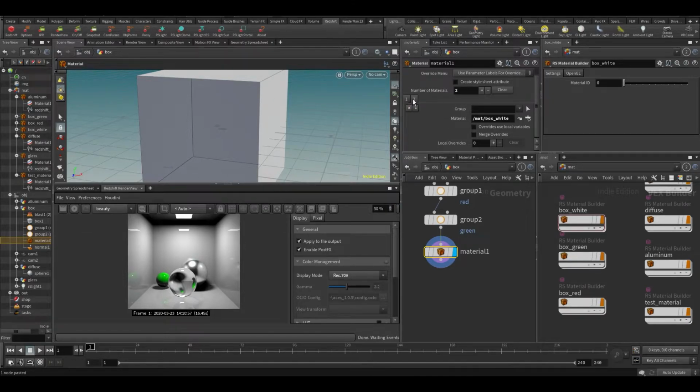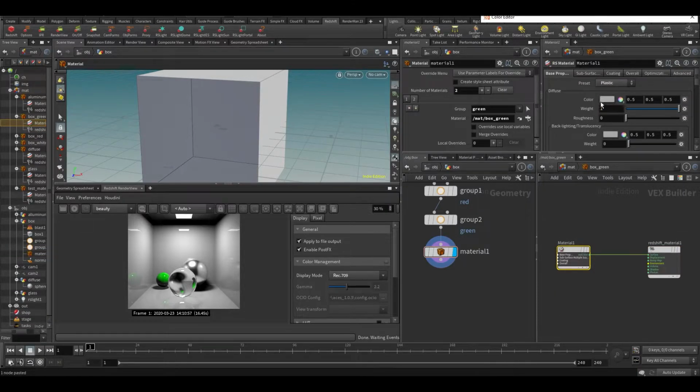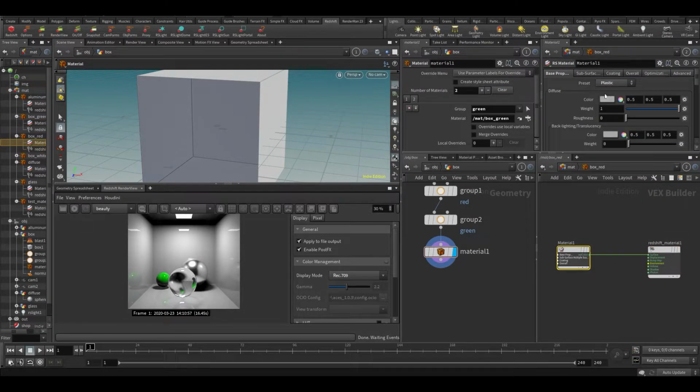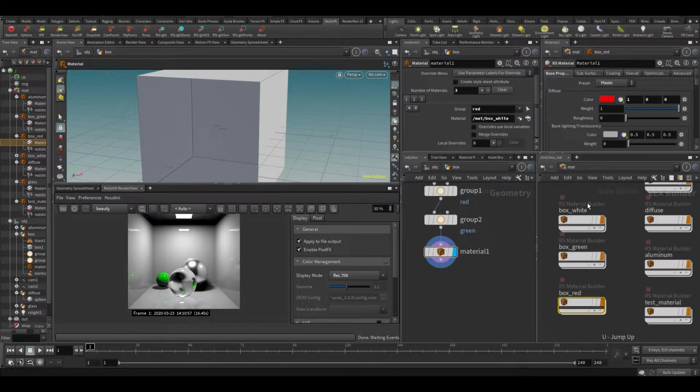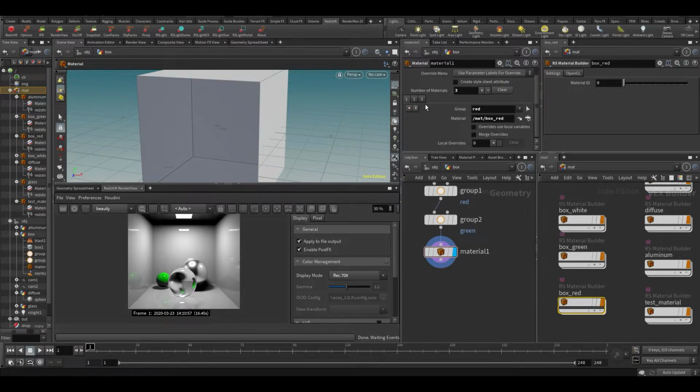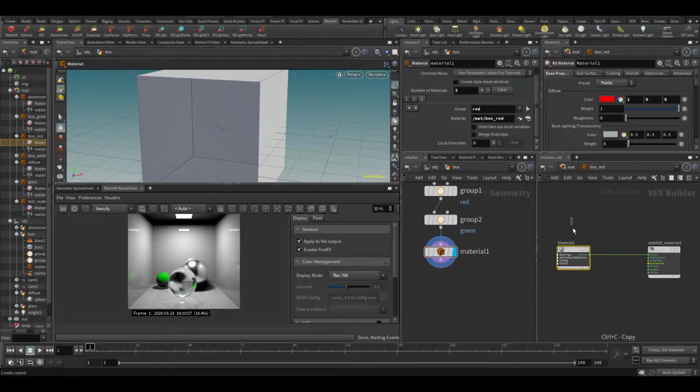Now let's make another material. So second, now let's put it to green and then assign the green material in there. And the green material needs to be green, of course. And the red material needs to be red. So go in there, red, and put it on, oh, I put it in the wrong one. This needs to be white, needs to be red, and red. You can also make, by the way, these materials that you have here,